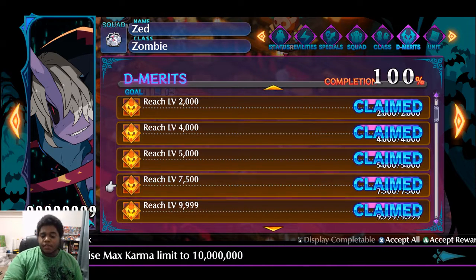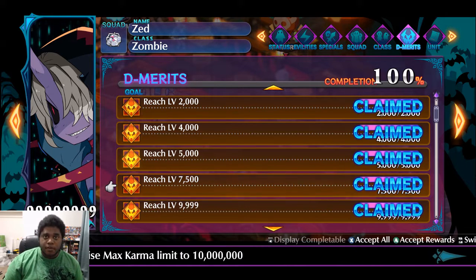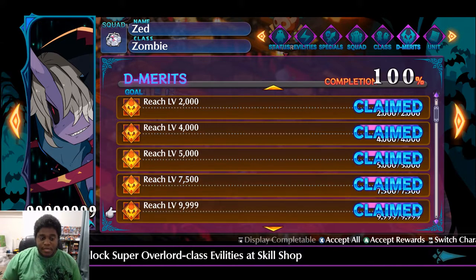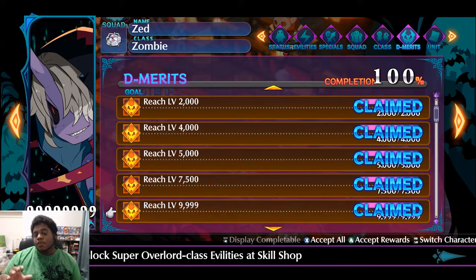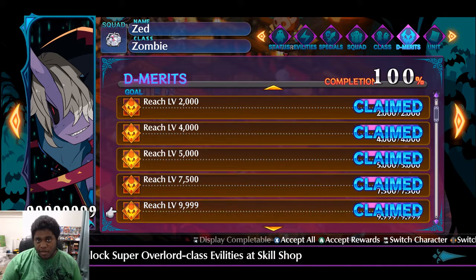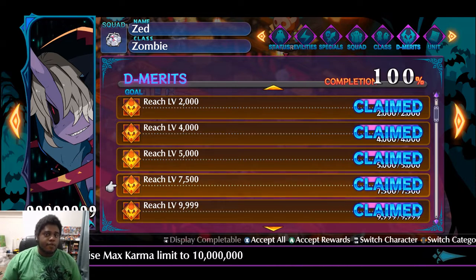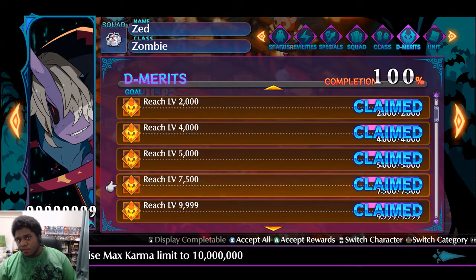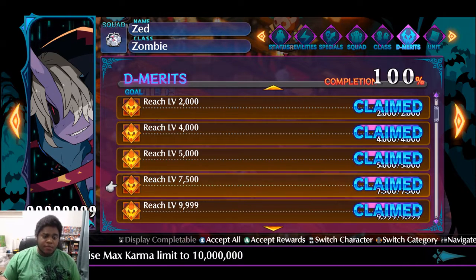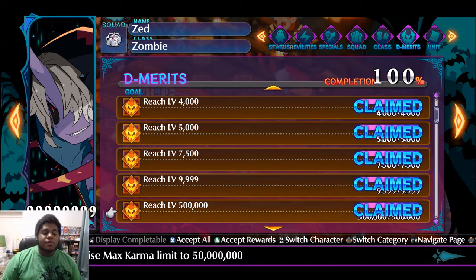This will unlock 10 million karma limit for all of your characters if you raise them up to that level, which is very quick and easy. So you don't need to stay on the reach part of 9999, but it's pretty good to get there very early on if you wanted to do this. Or you can just play the game and you'll slowly unlock these. So now you want to look at